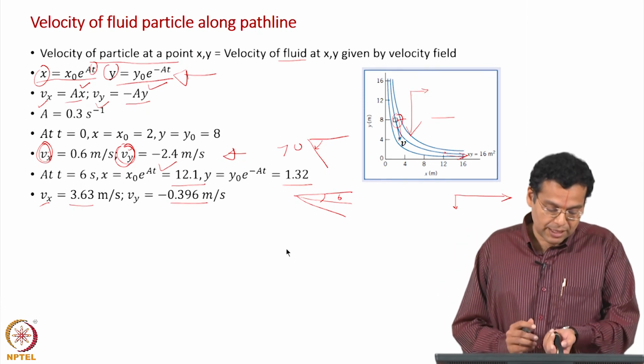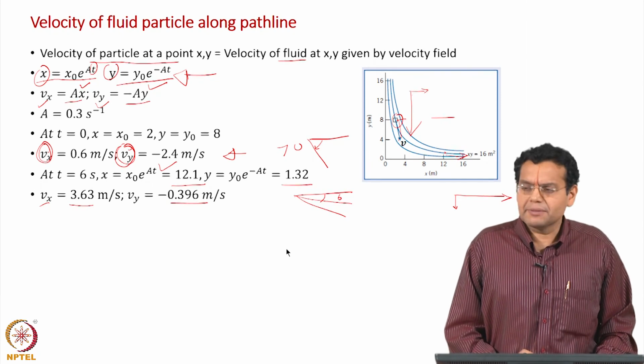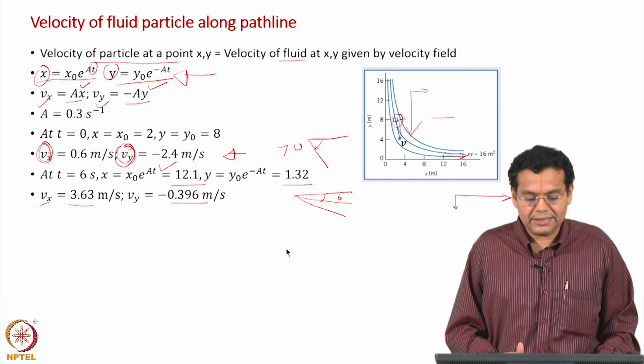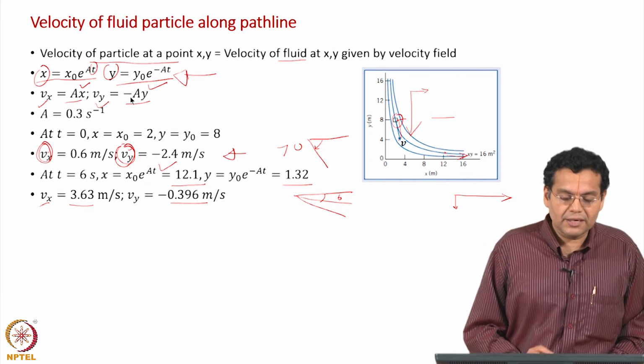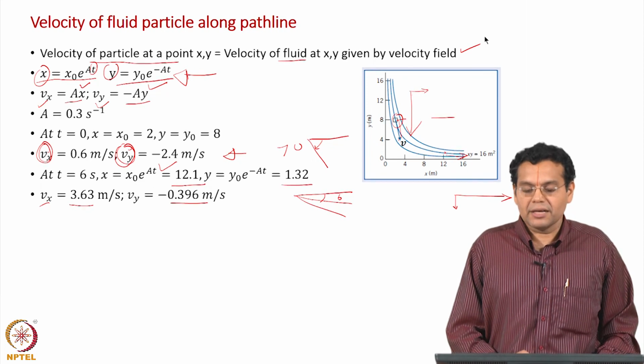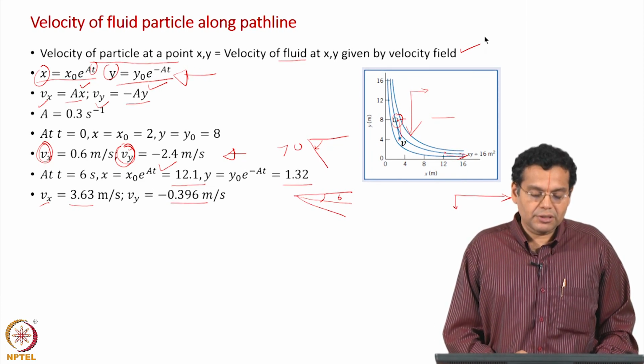So, to summarize this particular slide, we know the equations for the x and y coordinates of the particle at different time instants. If you know the time, you can find out their x and y coordinates, use the velocity field, and use this physical concept of Lagrangian Eulerian equality to find out the velocity of the particle.